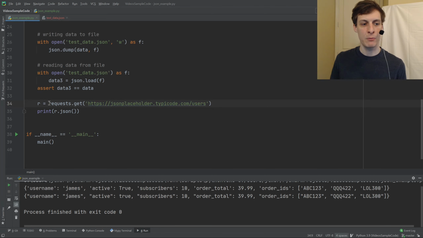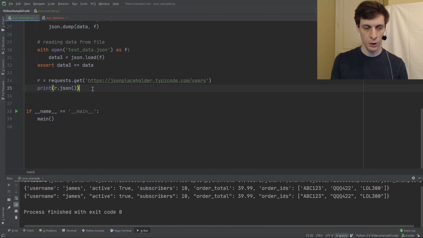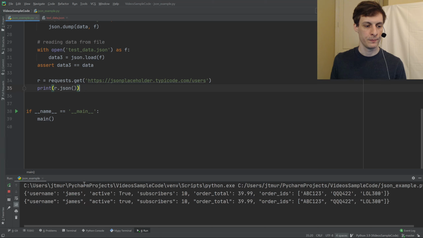With the requests library, you can just as easily call requests.get, put in the URL, and that will do a get request to that URL. This URL will respond with JSON, and the requests library has a built-in method called .json, which will automatically do what loads would do. So if we run this code,